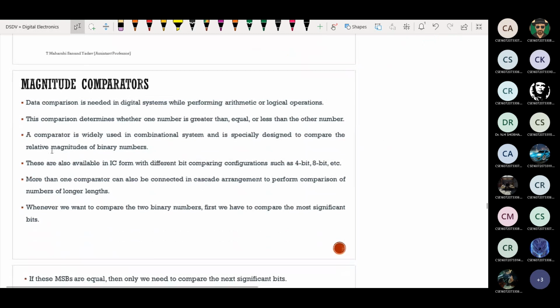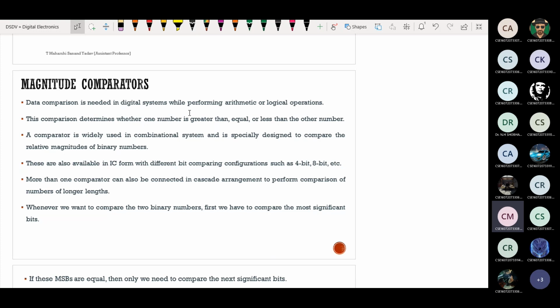Can someone read this? Magnitude comparator. So shall I? Yes. Magnitude comparators. Data comparison is needed in digital systems while performing arithmetic or logical operations. This comparison determines whether one number is greater than, equal, or less than the other number.